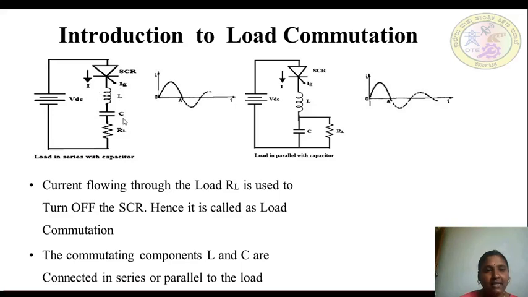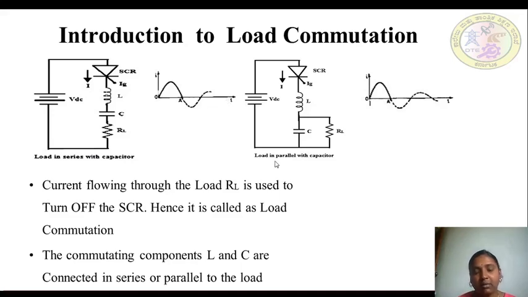You might have seen or studied the LC tank circuit. When L and C are connected in any circuit, they provide oscillations. The frequency of the oscillations depends upon the resonating frequency of L and C. So the inductor and the capacitor determine the frequency of oscillations. The oscillation provided should be underdamped in nature. Underdamped means the oscillations should die out after some period of time. Only then is it called underdamped oscillation.